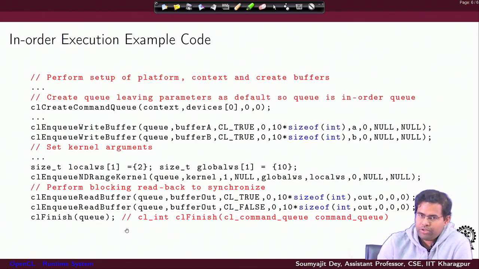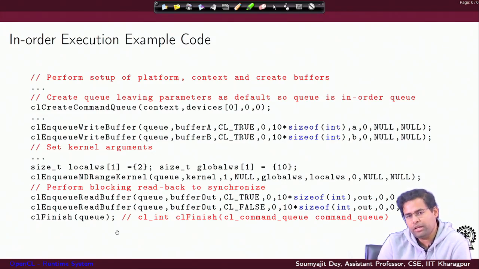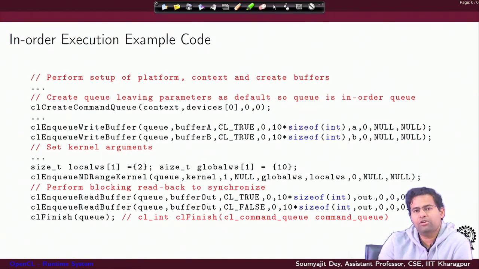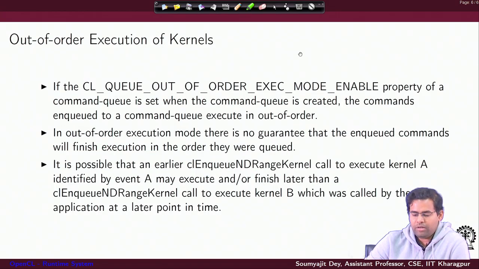But here also you have to be very careful. Again I am repeating, I know, but this is important. I am enqueuing the commands in order, so that will ensure the commands get launched in that order, but it still does not ensure that the previous command finishes before the second command executes, because they are just getting launched in order, right. For example, as I said, this read followed by the next kernel launch, there is a reason why I make the read a blocking read, so that the data is available for the kernel launch even in case of in order execution. But as you can understand, the problem is far more pronounced in case of out of order execution,